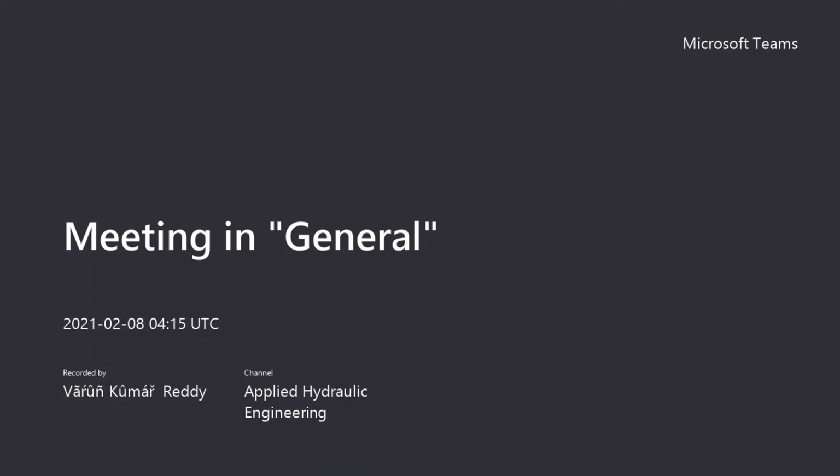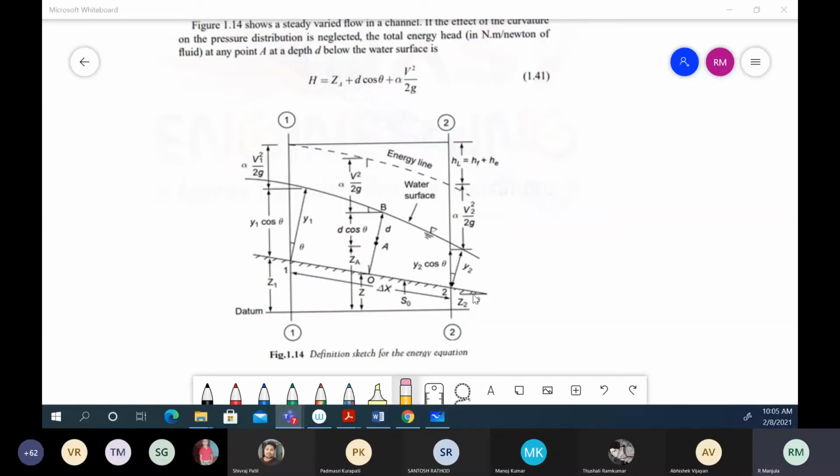Pressure head. If you are taking theta as the inclination, it is y1 cos theta plus z1 plus v1 square by 2g. Here, v1 square by 2g gets the alpha kinetic energy correction factor, and similarly alpha v2 square by 2g. So between sections 1 and 2, if you take any section, then it will be,